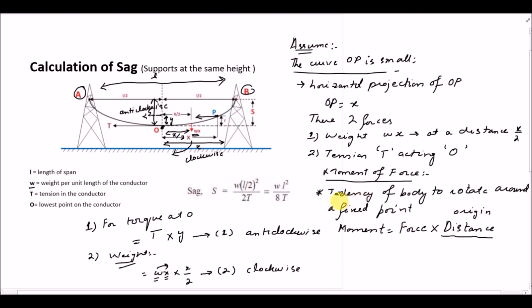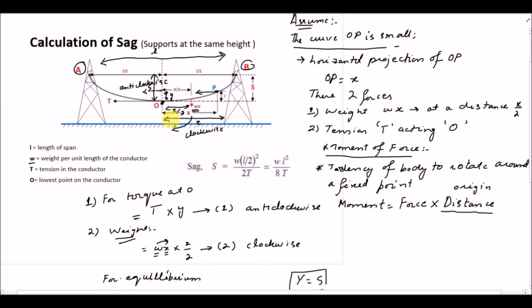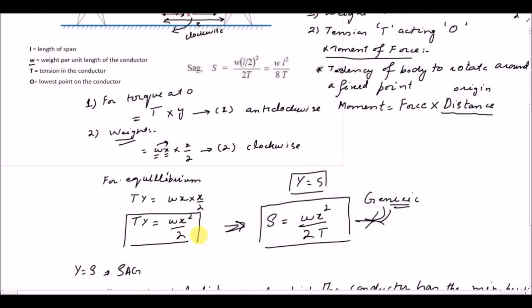Then we calculated the formulas for the sag calculation. There were two cases. In the first case we have towers of equal heights, and in that case we tried to find the moment of forces, one due to the weight that is acting perpendicularly downward, and the second one due to the horizontal tension. If both moments of force are equal, then the whole transmission line will be in equilibrium. Due to weight, the moment of force was clockwise, and due to the tension it was anti-clockwise. So if these clockwise and anti-clockwise moments of force are equal, then the transmission line will be in equilibrium. So we found the two moments of force and then equated them,